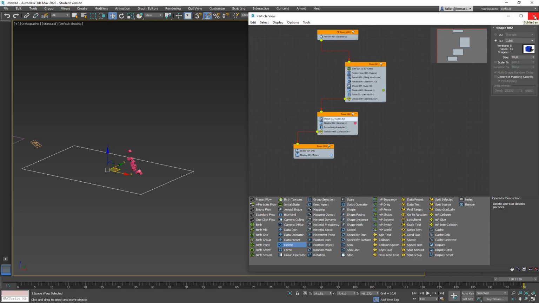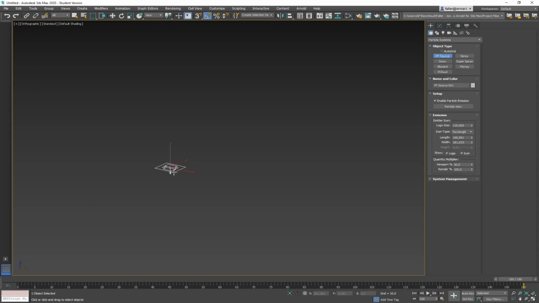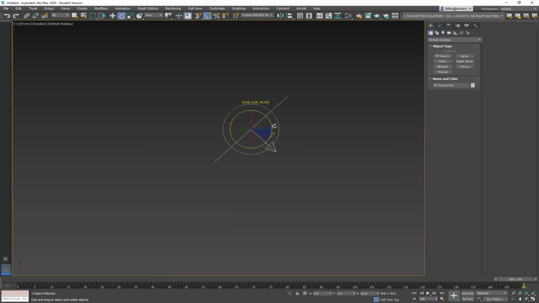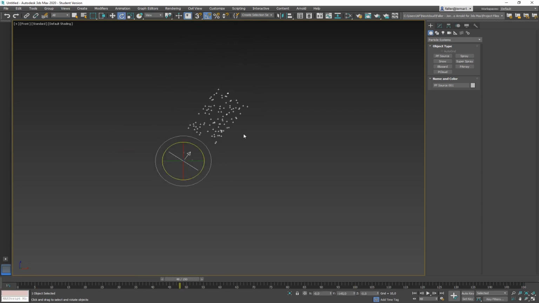Let's see another thing, and I'm going to create it one more time. So let's create quickly a new event. I am just kicking out everything of the old one and creating a new PF source of this kind. Again, to make sure it's not gravity that is making them fall down, I'm looking from the front. I am again rotating them up 45 degrees or so that they point upwards. So the particles now come out in the way we already know.